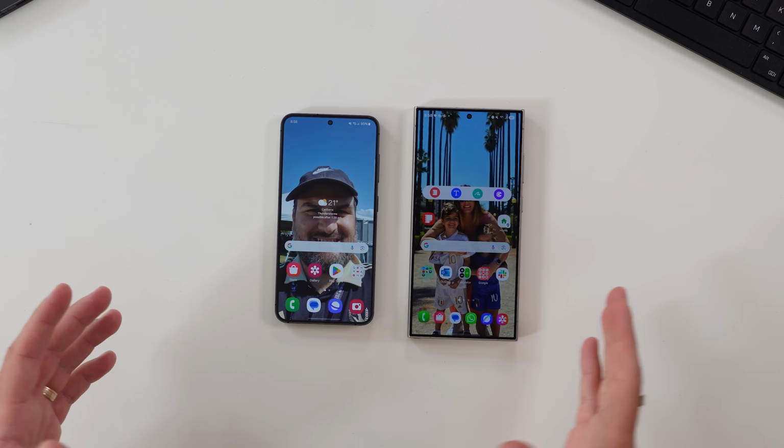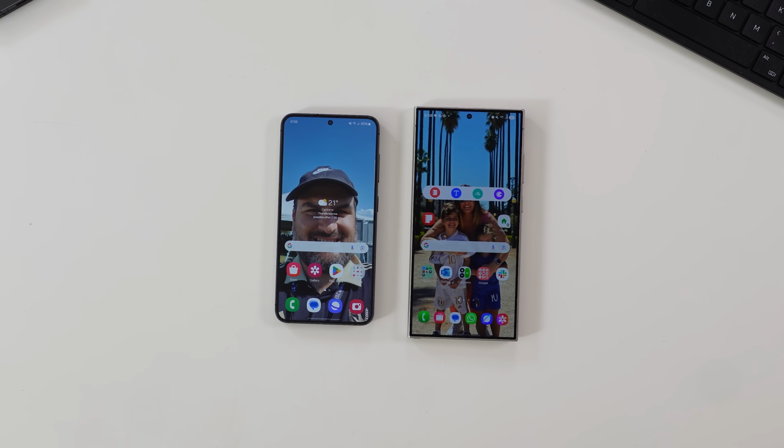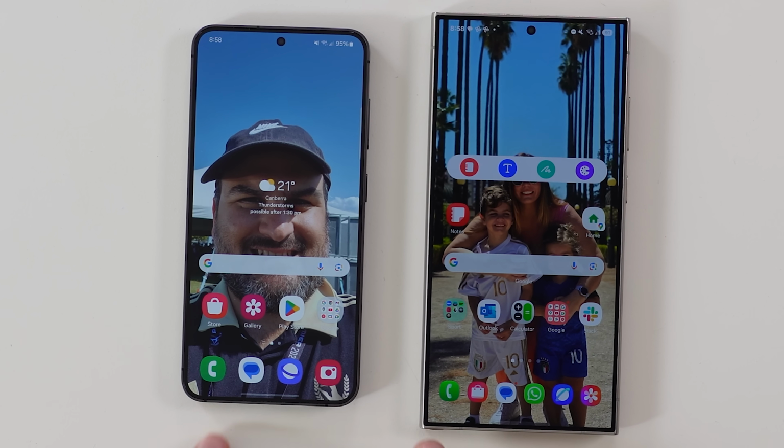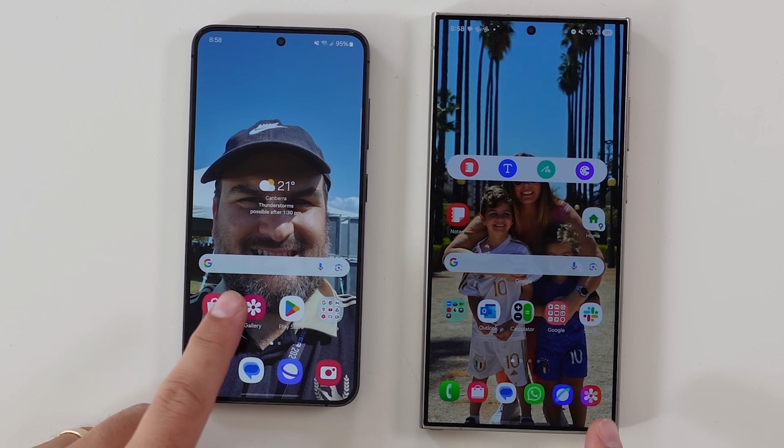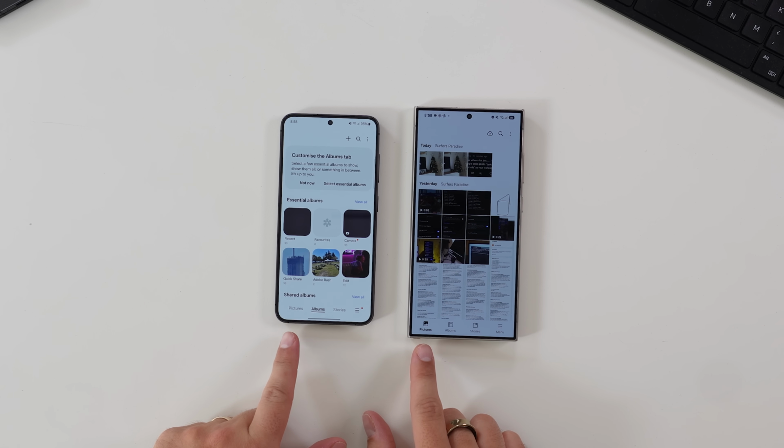So you get a bit of a feel for what you're getting from this versus what you're going to get from this. Starting with just the visual aesthetic of it, you can see immediately the icons are different, like the phone dialer, different, Galaxy Store, different, internet, different, gallery icon, different. But it's not just the design of the apps, it's when you go into them. So in the gallery, for example, you can see now the